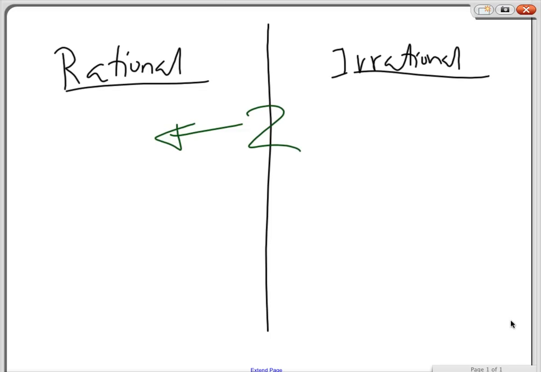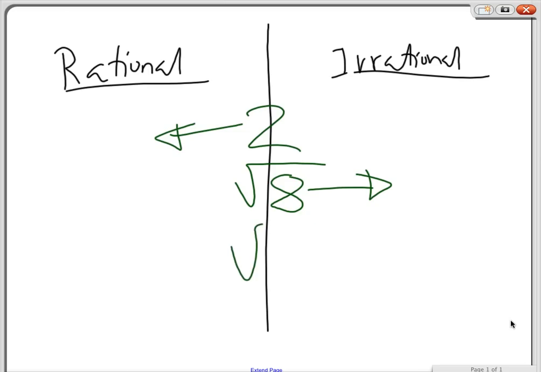What about this one? Square root of 8. Rational or irrational? Rational. Why rational? You tell me that you can actually convert that back to a fraction. Let's see. Can you? No. Can you write this as a fraction? No. So because of that, it's on this side. Notice that it's a square root, but it's on the irrational side.